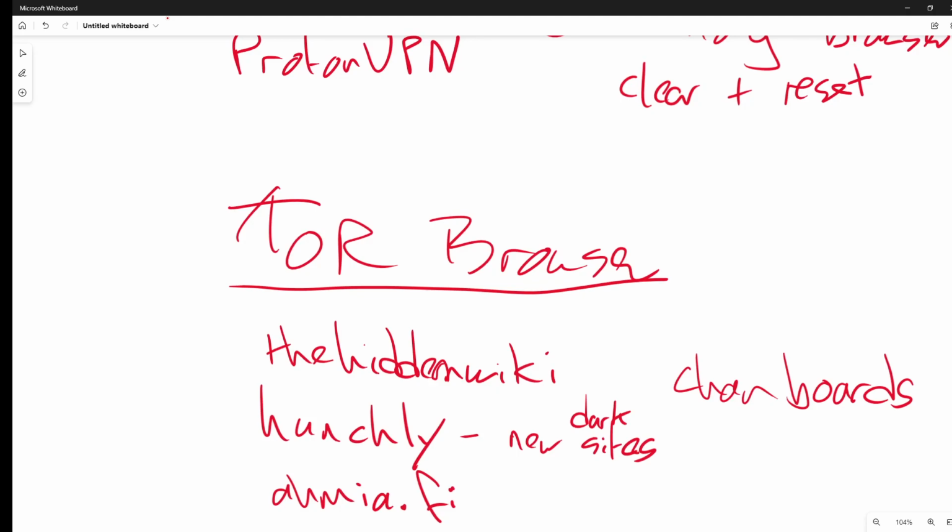You also have something called Dark.fail. Now, Dark.fail is operated by just one person, he or she, it doesn't matter, but it's an anonymous journalist. And Dark.fail represents the best way to find active and legitimate onion links. The site's founder does curate the dark web pages.